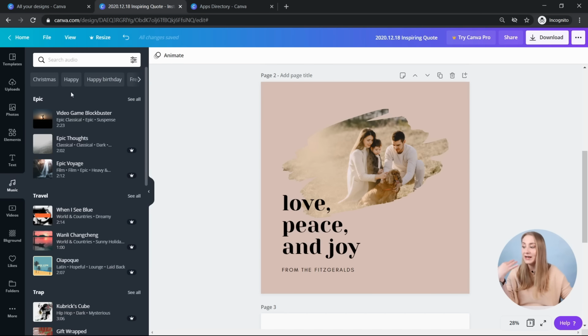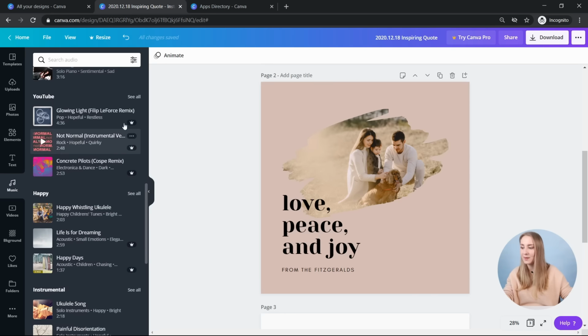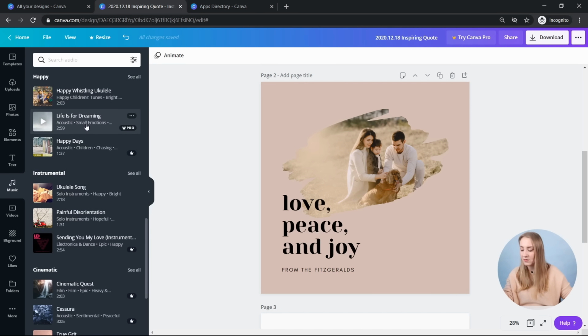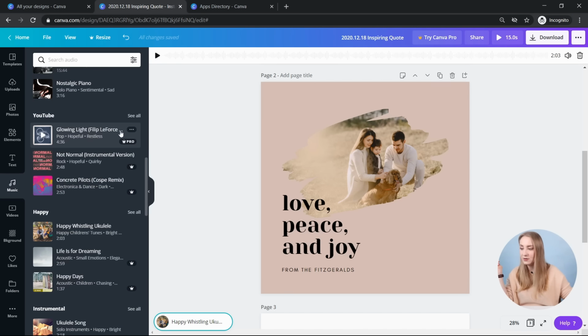Then you've got music. When you're creating a video, you can have different pieces of music that Canva offers. You can search by different types, genres or feel. Some of them are available for Pro, but some are completely free to use. So let's say, that's a free sound.